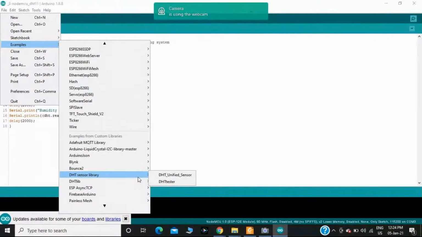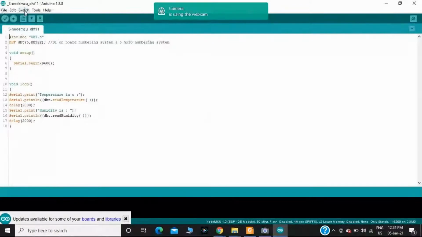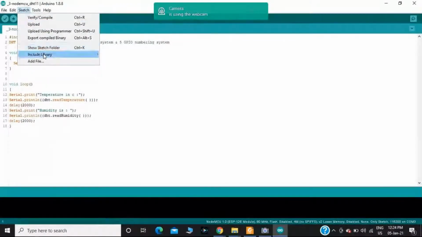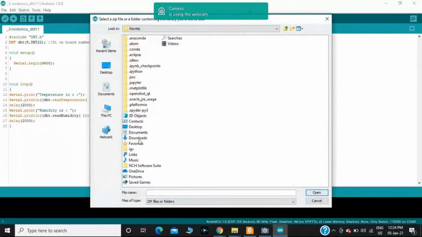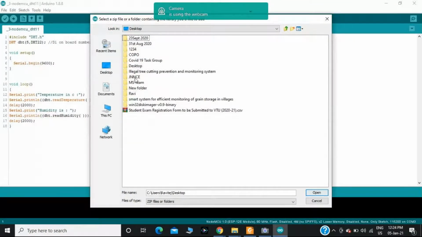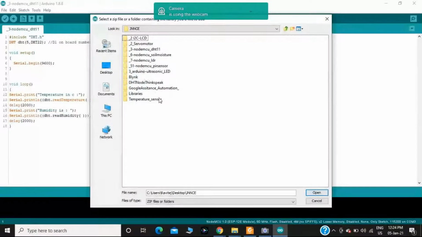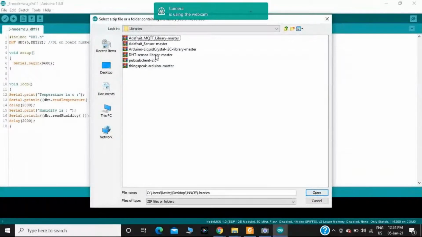First, go to Sketch, select Include Library, then click on Add .ZIP Library. If you have downloaded the library, then click on it. We will provide all the libraries. Click on the DHT sensor library master, then click Open.